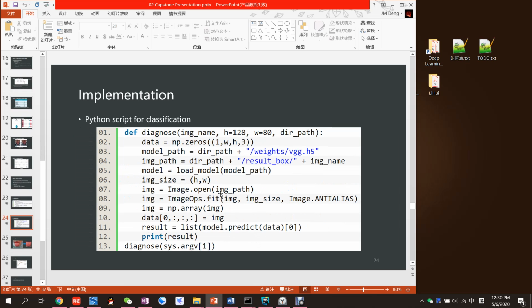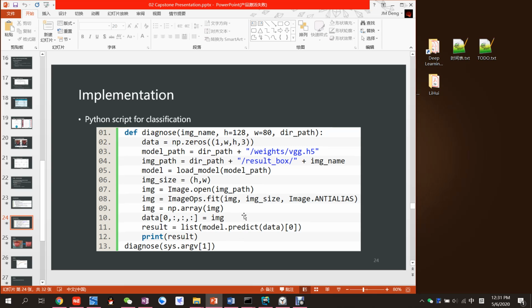And this is the Python script for the classification model. This script will be called if the first model found a tongue in the picture. This script will return a list containing 4 numbers. These 4 numbers represent the percentage of each of the 4 classifications the model predicted. And the backend will find the biggest value from the list and the corresponding level, and then send them back to